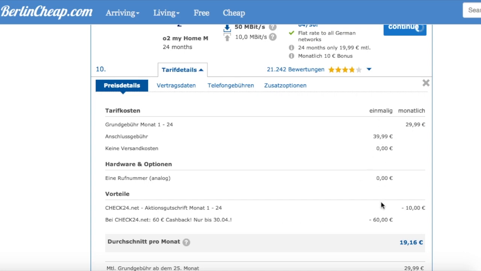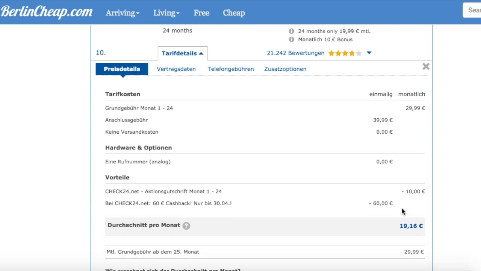So this first column means these are all the one-time costs, and the second column are all the monthly costs. Monthly you pay 29 euro 99 cents, but you will get a bonus from Check24 every month, deducted 10 euros. So you will then pay effectively 19 euro every month.